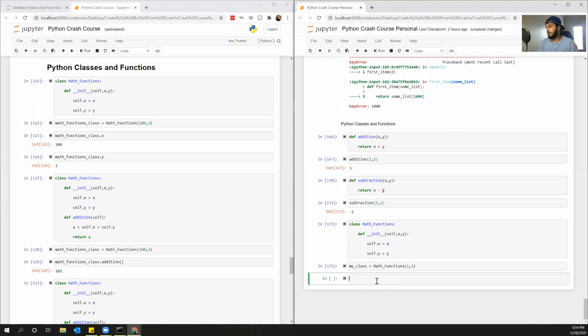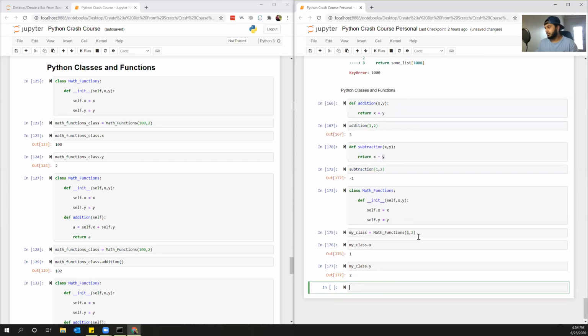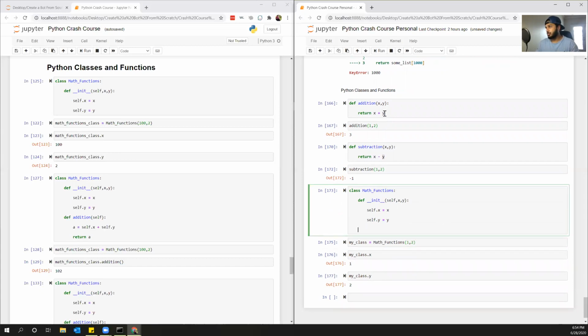And I can say that my class.x is whatever I put in when I initialize the function, and my class.y, which is 2, so 1 and 2. So the benefit of that is now that if I want to go here and I want to add these